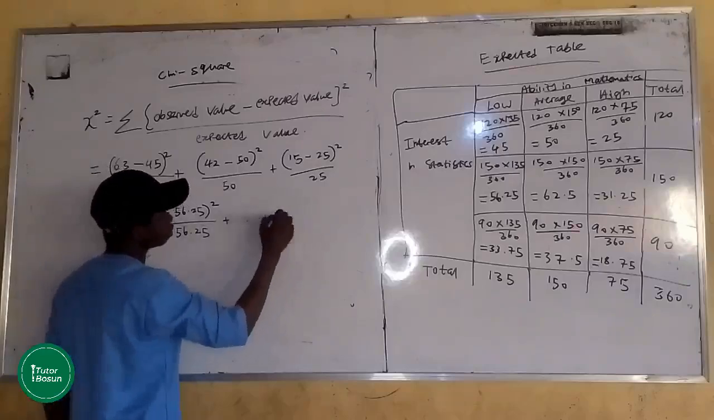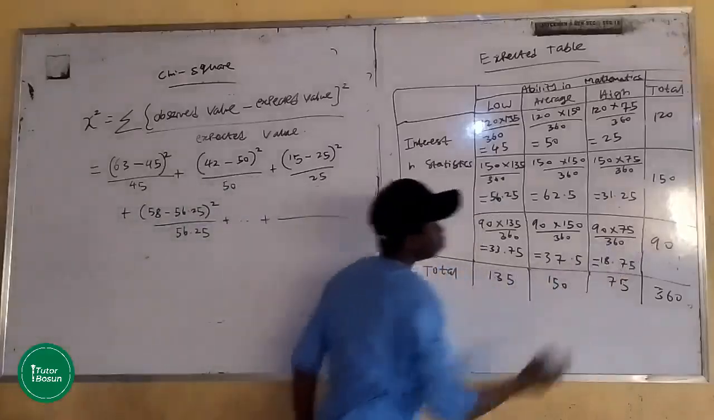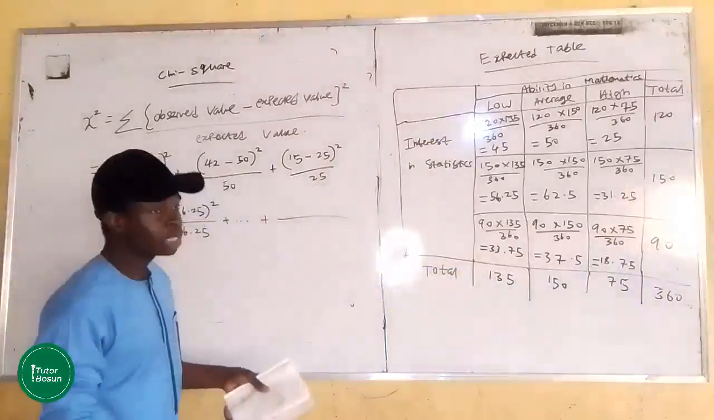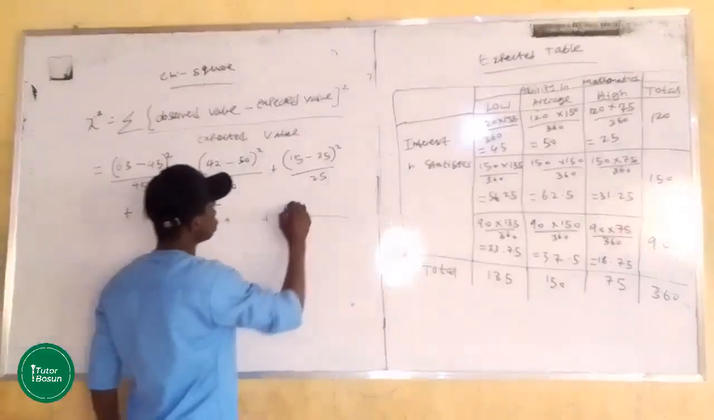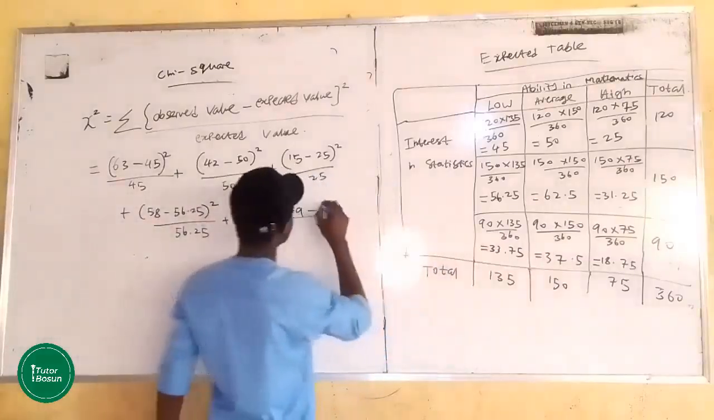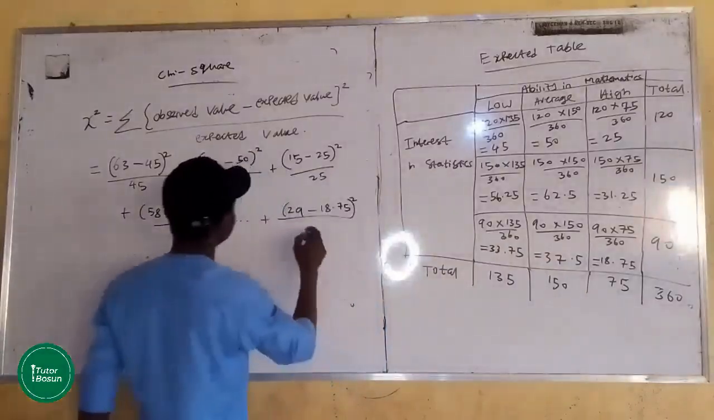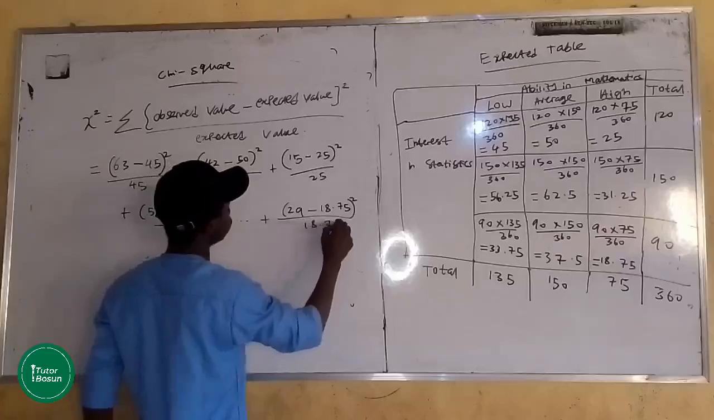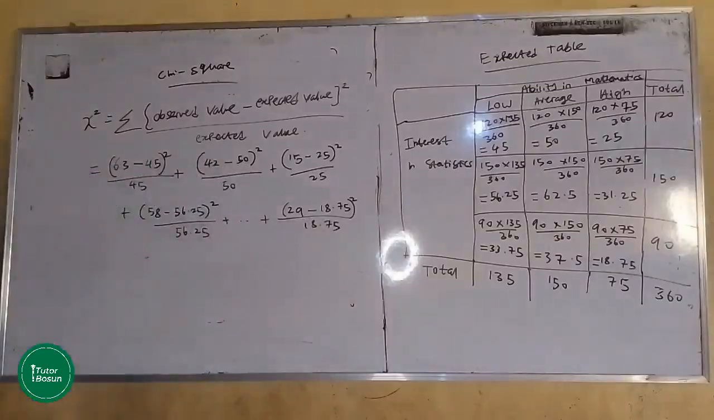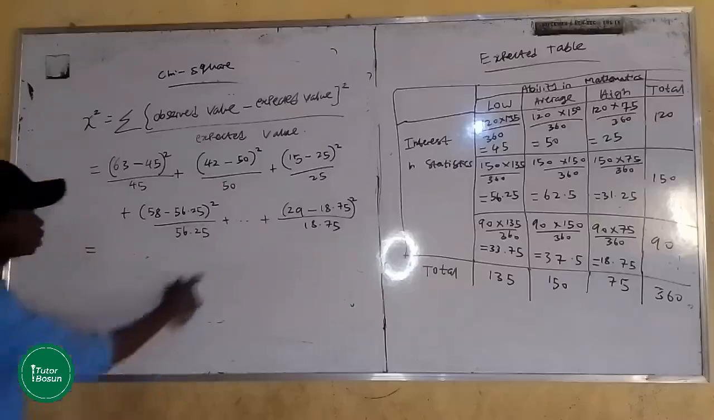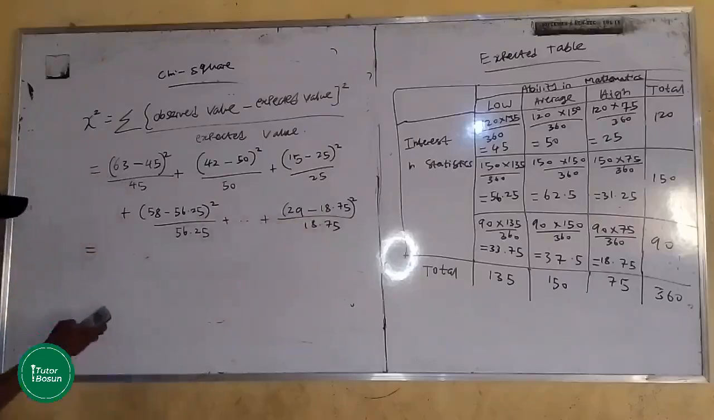You can just say plus the last one here, which is, from the table, the last observed value, 29. So that will be 29 minus 18.75, squared, divided by 18.75. So you can compute that using your calculator. When pressing everything in your calculator, just ignore these 3 dots and move to the last value here. So if you do this very well with your calculator, you should be having 63 minus 45 squared divided by